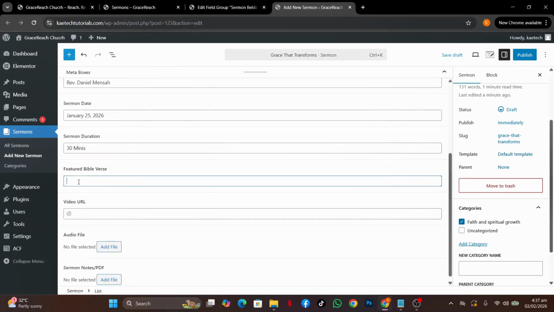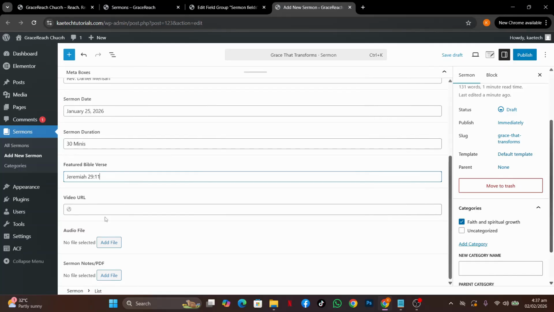And then featured Bible verse, you can put any featured Bible verse over here. So I'm going to say maybe Jeremiah 29 verse 11. Okay, and then